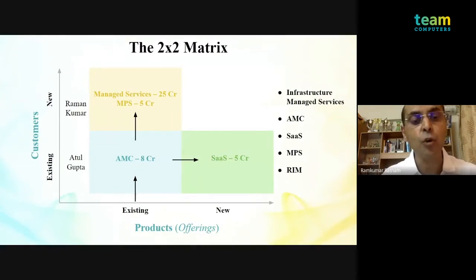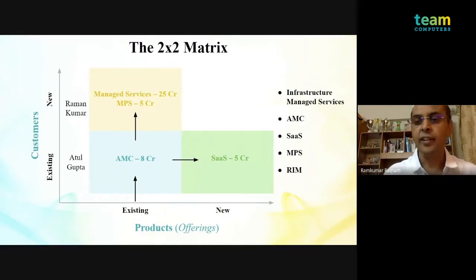I leverage his goodwill. Now that Atul is fairly convinced that I have a powerful proposition which can help Maruti improve its customer index or customer satisfaction, he actually puts me on a hook to Raman and says, hey, look, here is an organization that I've dealt with. They're a great organization. I've dealt with them in EMC. I've dealt with them in SaaS. I have a great experience, and they have a very powerful proposition. Why don't you look at them? I pick up that hook and I start a conversation with Raman.